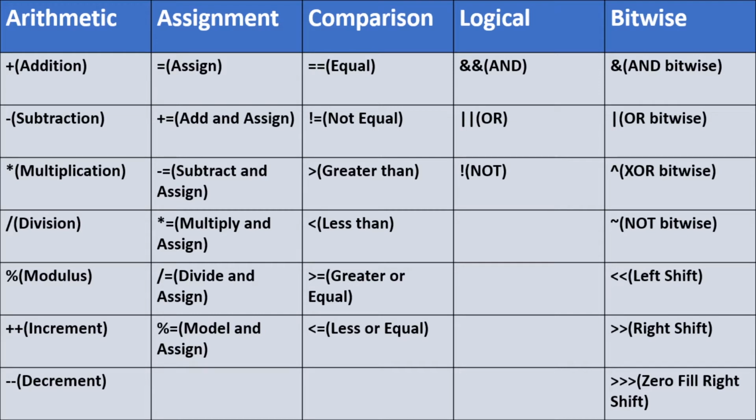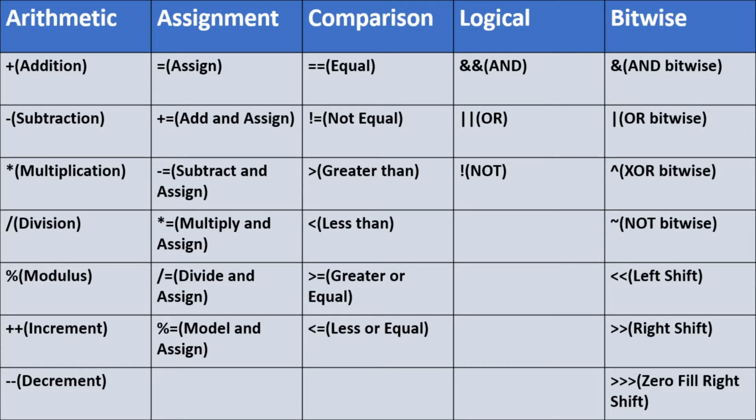And next we move to the assignment operator. From the name it shows that when we want to assign some value to a variable, we use the assignment operator, and its symbol is equal to. And when we want to apply some operations as well with assignment, we can do that as well. Like in case we want to add some value to a variable and then assign it to the variable, we can do this by using plus equals, and we will see it in the example as well. And similar is the case with all the others below.